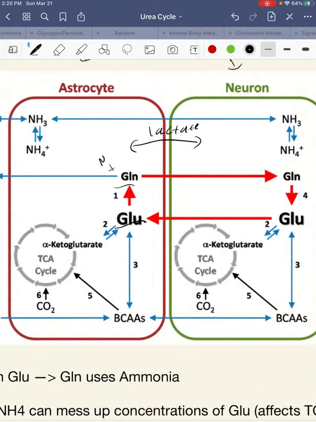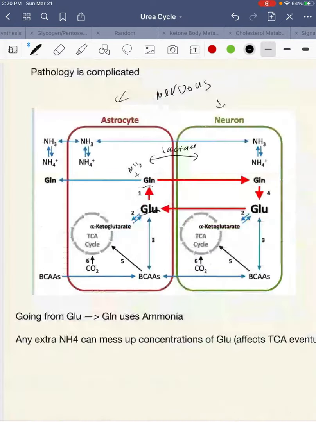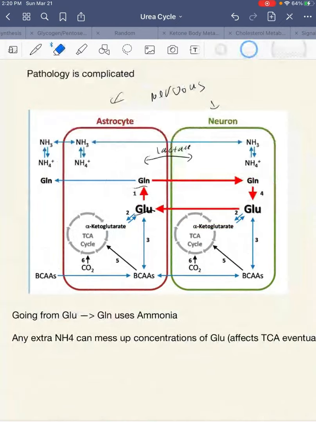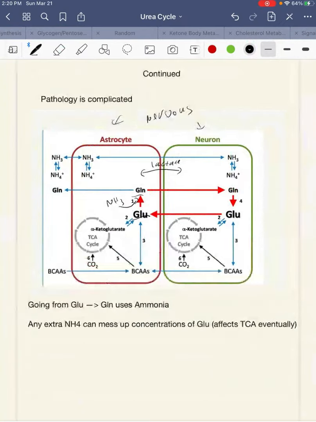Okay. So when we convert from glutamic acid to glutamine, we use NH3. So if NH3 starts accumulating in the nervous system, this will increase the levels of glutamine, and then it will decrease glutamic acid because more glutamic acid is being converted into glutamine. This will affect the concentrations of both glutamic acid and glutamine, and then this can affect other parts of the